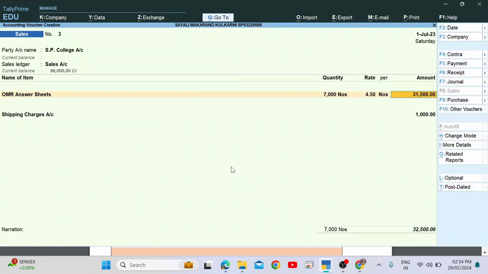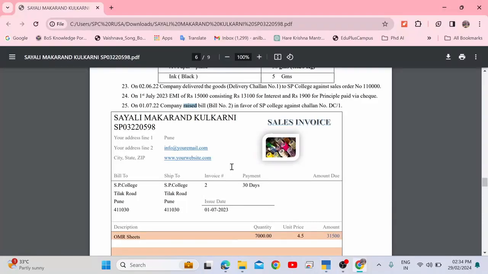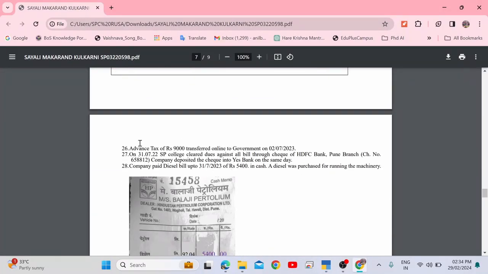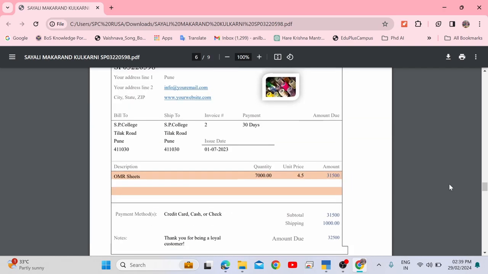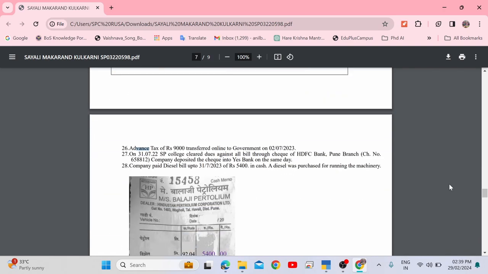7,000 units of OMR sheets we have sent. Enter. Accepted. 1st July accepted. Over. Then after completing this sales entry, the 25th entry, now 26: advance tax of rupees 9,000 transferred online to